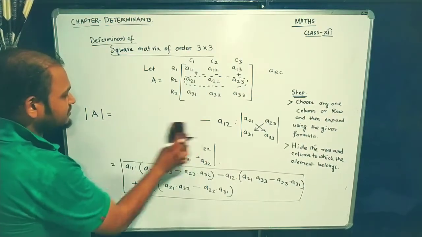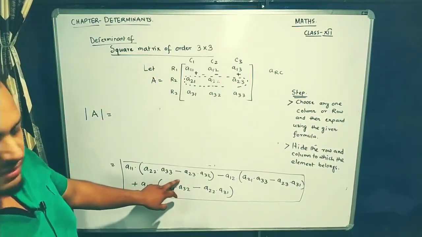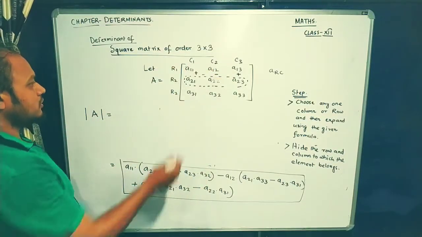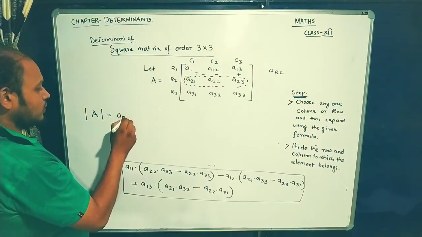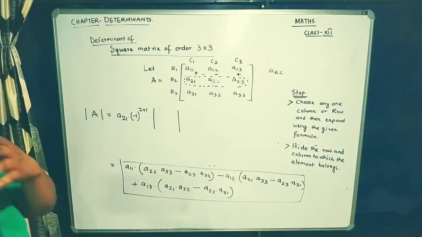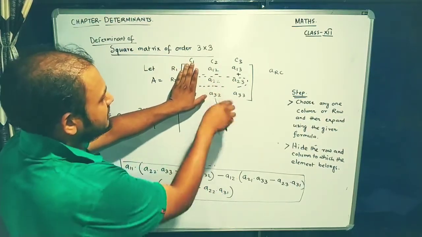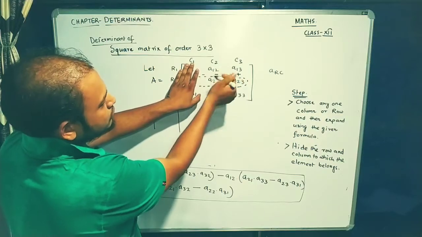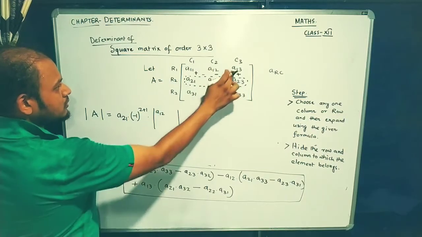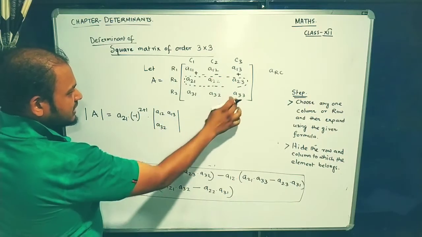Let us see if we get the same determinant by choosing the second row this time. So this is the determinant we get by choosing the first row. Let us see by choosing the second row, do we get the same determinant or not. So what is the second row? The first element is a21, then again minus 1 to the power 2 plus 1, then hide the row and column. See, a21 belongs to the second row, first column. So hiding the first column and also hiding the second row. What do you see? Do you see these 4 numbers? So place the 4 numbers here. We have a12, then a13, then a32, then a33,